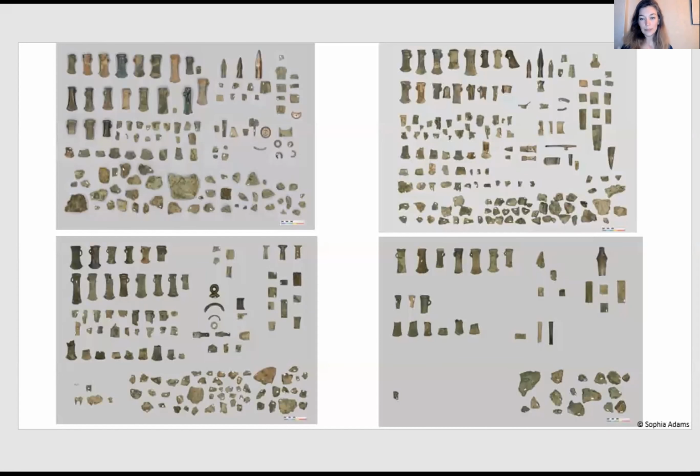One of the challenges with displaying the Havering Hoard was the sheer number of artifacts and the fact that they are visually very similar. It's essentially a lot of broken objects, bronze and copper, and so a range of browns and greens. And this was a challenge then of how to build a layered dramatic experience beyond the reveal moment of the